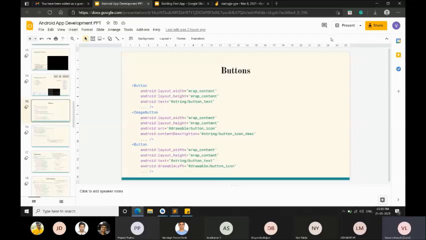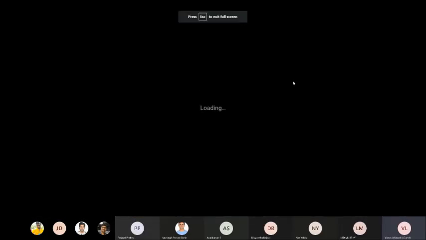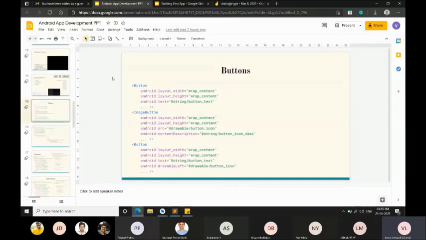Now we will start with UI components in the PPT, but I just want to show the application that I developed yesterday so that I have some examples already set up. By seeing that, you can understand more quickly. That's what I thought.